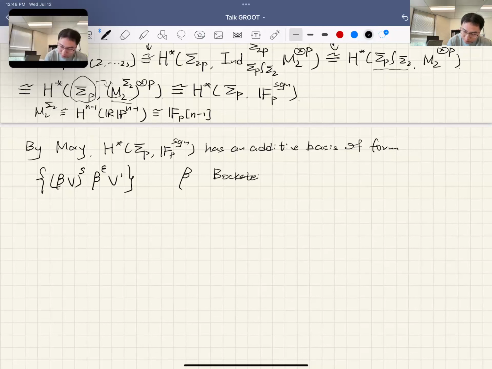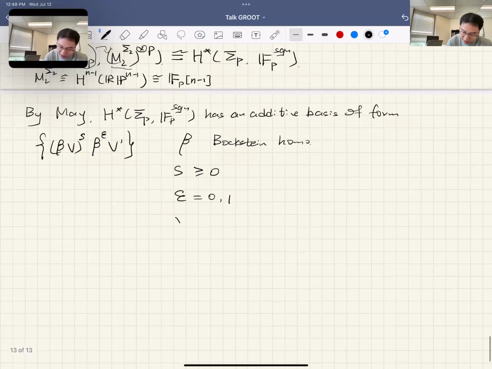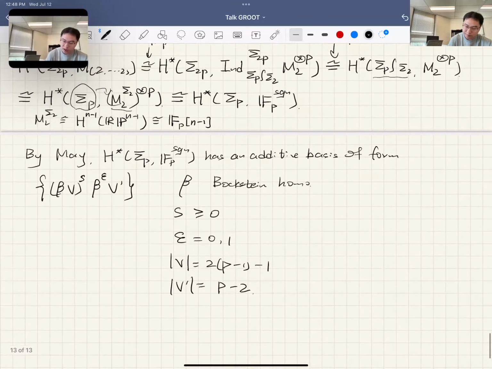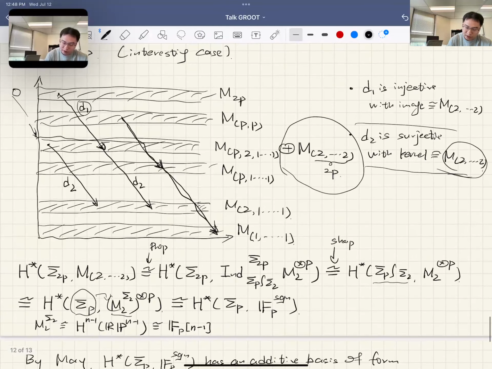And s here is greater than or equal to 0, epsilon here is either 0 or 1. And the v here is a class of degree 2 times p minus 1 minus 1. And the v prime here is a class of degree p minus 2. So for here,